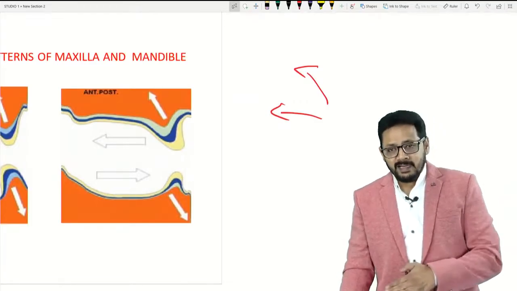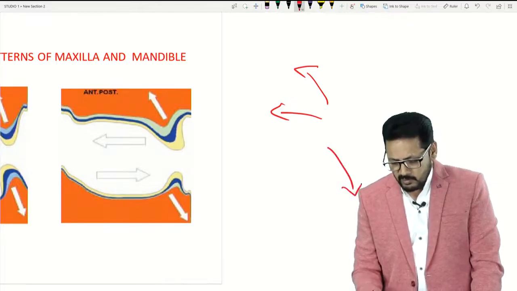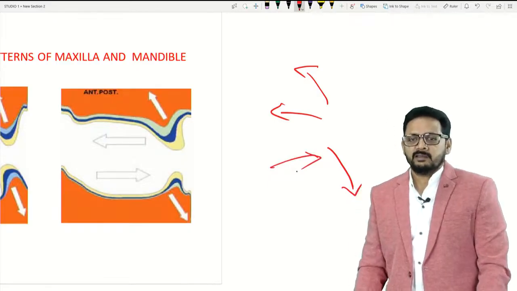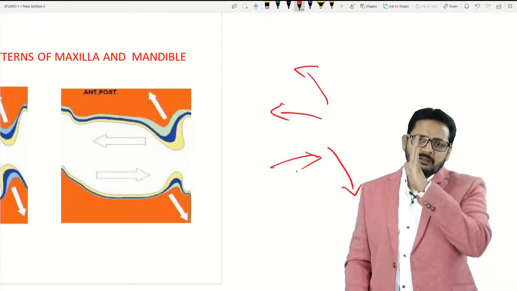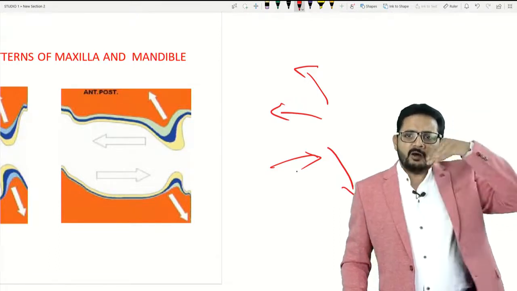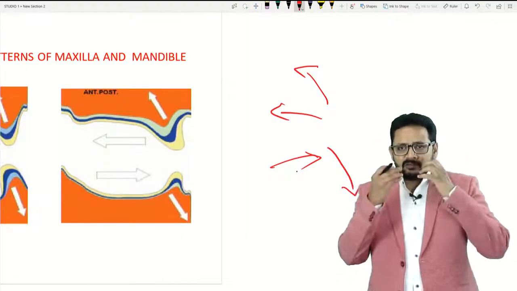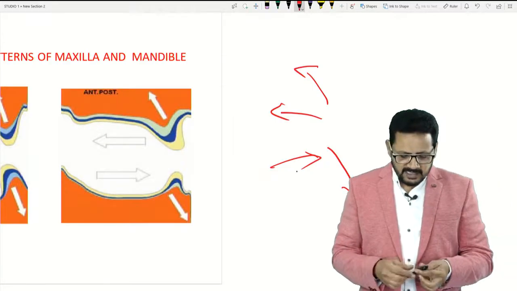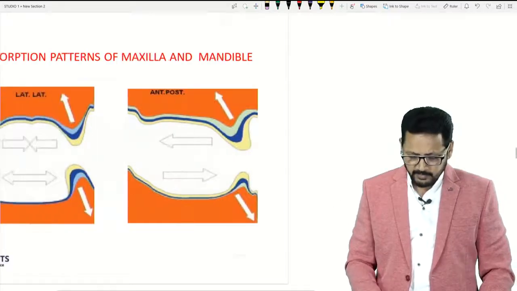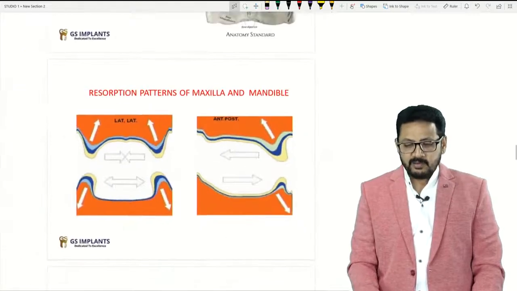But in the case of the mandible, it always resorbs in a downward and a forward direction. So the resorption pattern of the maxilla is upward and inward, whereas the mandible always resorbs in a downward and a forward direction. Now, because of this pattern of resorption, it results in a pseudo-class 3 kind of occlusion appearance. It actually gives a pseudo-class 3 kind of appearance,